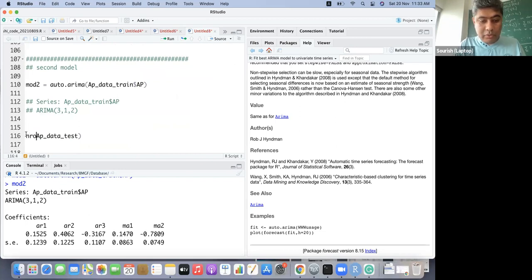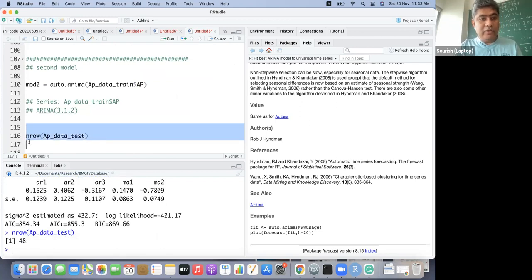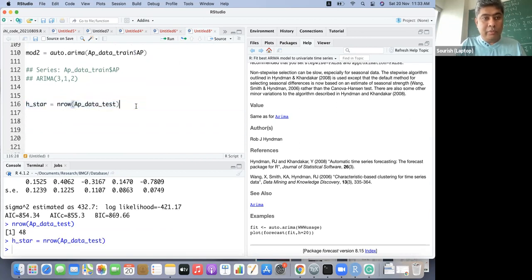There are 48 values we need to forecast. So we say h star is our number of forecasts that we have to do.